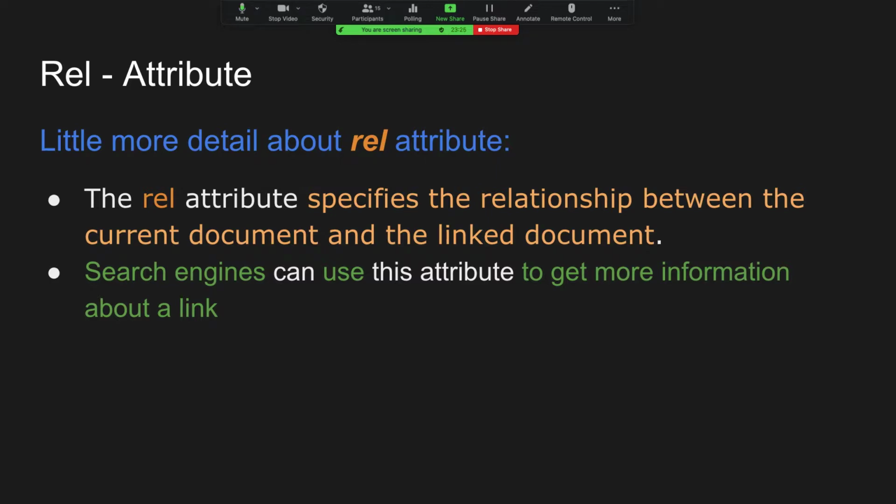All right, but anyways, it specifies the relationship between the document that you're on and the linked document. Search engines use this attribute to get more information about a link, and especially if you're concerned about SEO, search engine optimization, it's become a big thing for a lot of companies. If you're building websites and you want to tell people, I can optimize your page for search engines, right? This is just one aspect in that